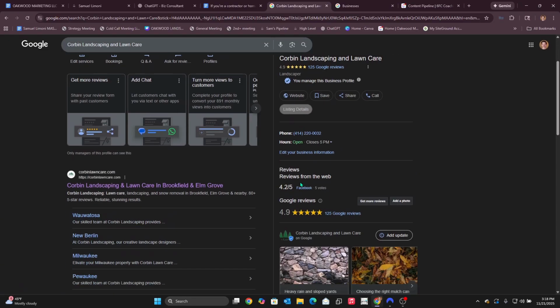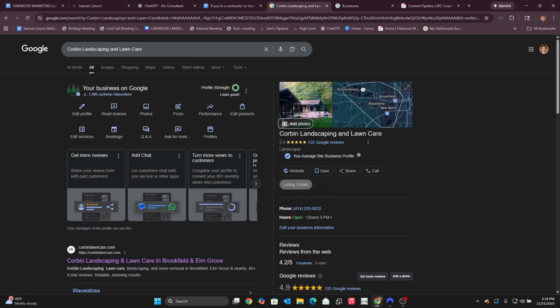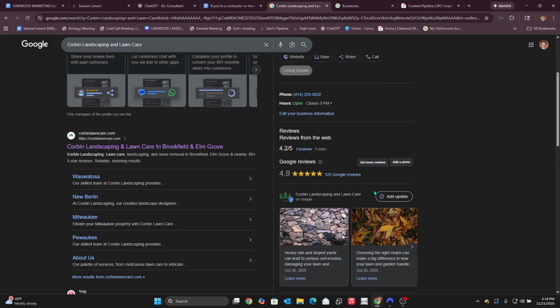And the 5th and final thing to do is make sure you're posting weekly updates in the post section. So if you're on the back end of your profile, it looks similar on phone too. You'll see where it says add update. This is where you can post, and you can also see it right here, post. If you click post, in this section, once a week, just post a project that you've completed. So if you just click add